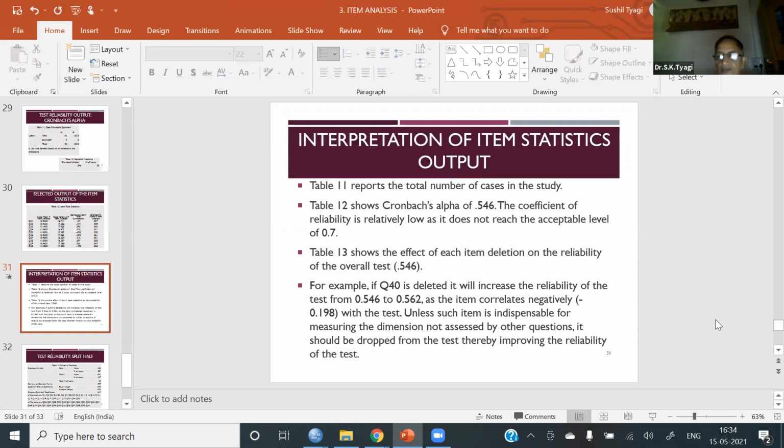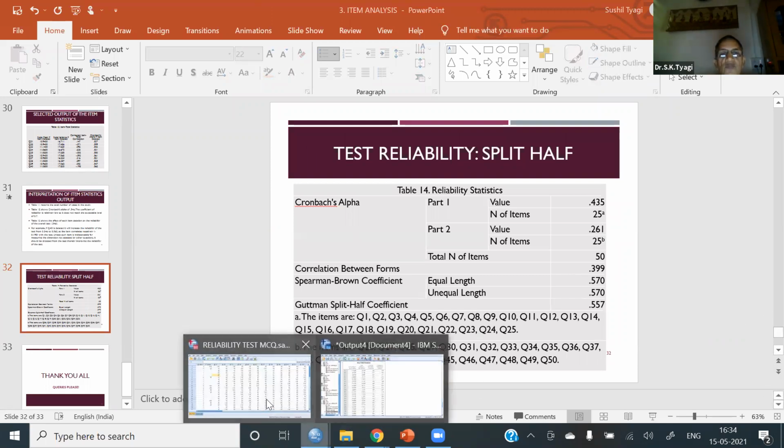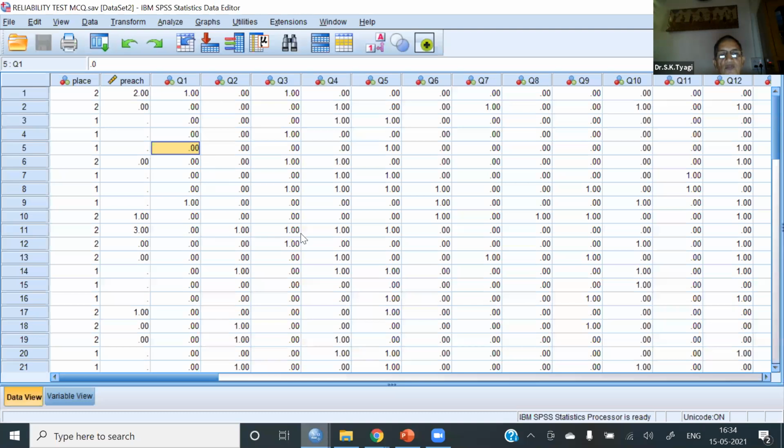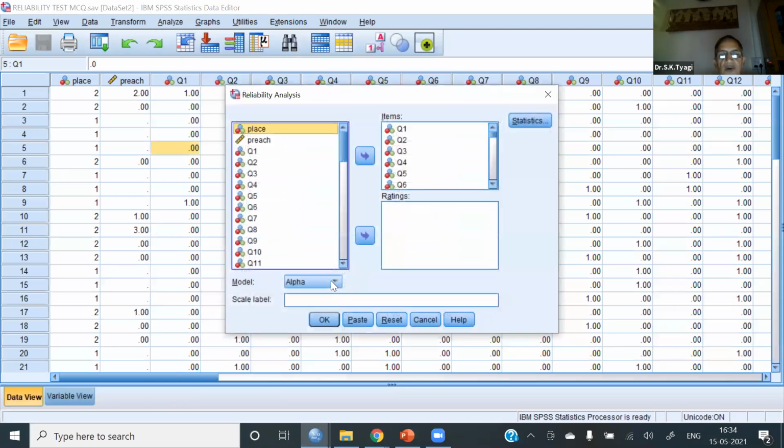And finally, it is split half reliability. In this particular option, you can change the option: analyze, scale, reliability analysis, and here it was alpha, you may select split half. Okay.